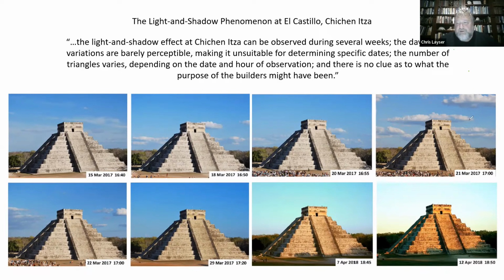Let me jump over here. Chris, yes. The number of triangles, they're sacred numbers. 9 and 7, I think. Well, yeah. What they say is 9 and 6 together means 13, and 13 is a sacred number to the Maya. There's 13 coefficients in the Tzolk'in calendar, and with 9 there's 9 levels of Xibalba, the underworld. Yeah. And of course there's 13 levels of the sky, 7 levels of the earth. So that's a point that